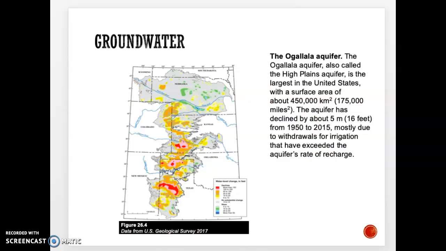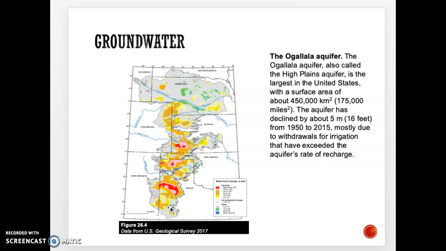All right, this is in the Midwest. This is the Ogallala Aquifer. It's also known as the High Plains Aquifer. It is the largest in the United States, and you can see here that this aquifer, which is below ground, actually rests underneath North Dakota, Nebraska, Kansas, dips over here into Colorado, Oklahoma, and North Texas and eastern New Mexico. Okay, and then you can see the color variations are going to share what amount of water is actually